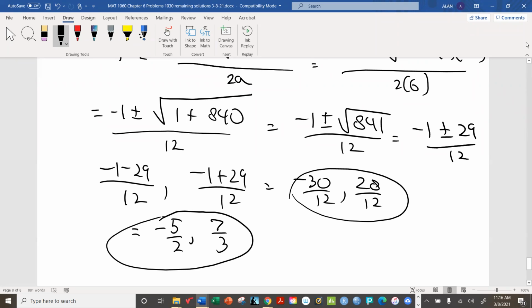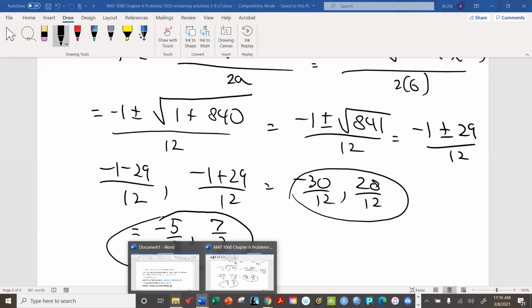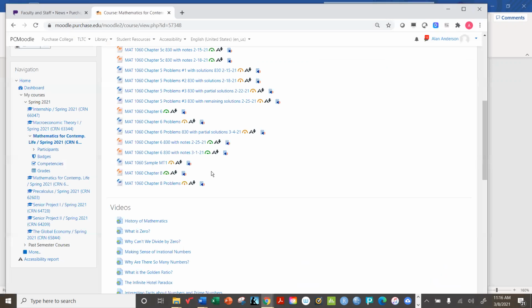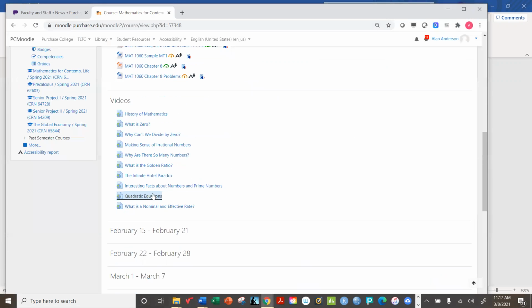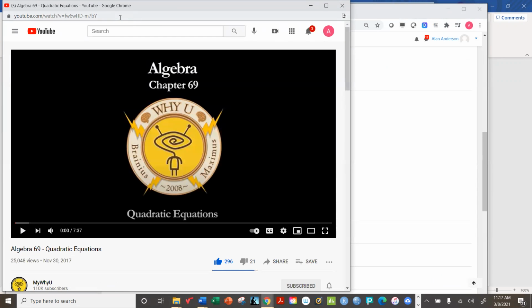All right, so let's take a look at this, and then we'll get back to the sample midterm. Just be aware it's a little on the silly side, but I think you'll like it anyway. Let's see, hold on one second. It should be on Moodle. It's under right here. It's called quadratic equations, interestingly enough. All right, so let me get that sent out to you. And let's begin.